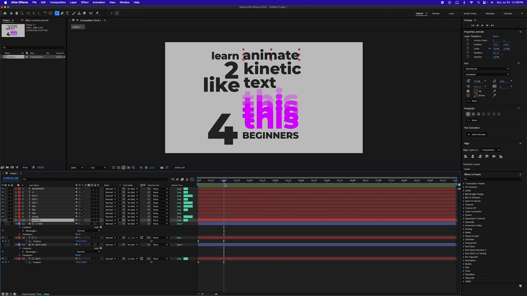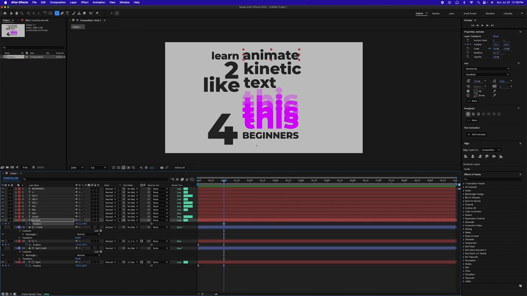So we're back at 1 second. This is our ending position. So I'm going to hit Option P for a keyframe, go back to the beginning. And again, here's where the keyboard shortcuts come in handy. I'm going to hit Home. That'll take me back to the beginning of the timeline. And I want this to animate